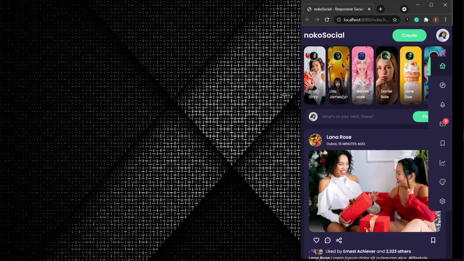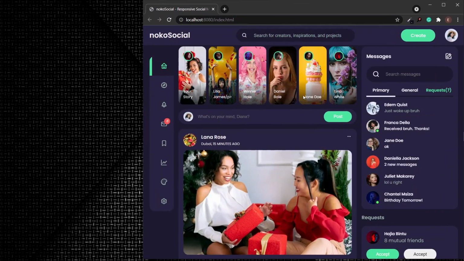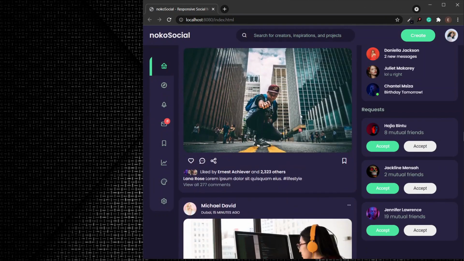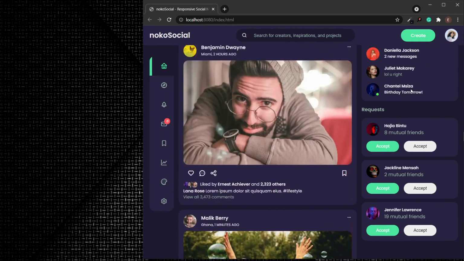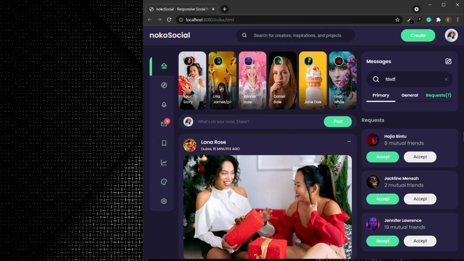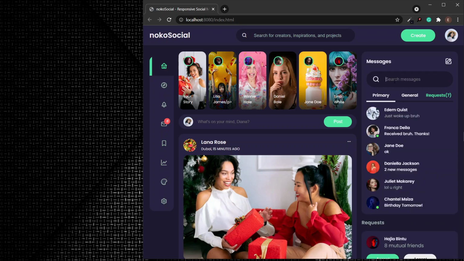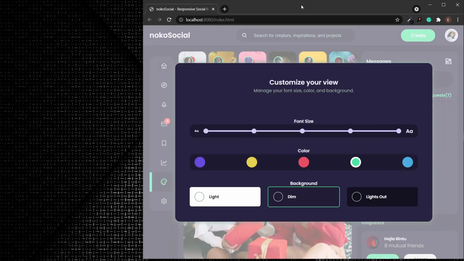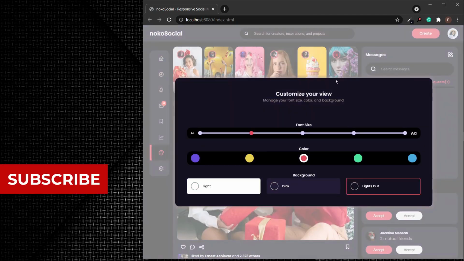and then on tablets, this is how it's going to look on tablets. Okay, let's say iPad Pro and all that. Okay, so this is how it's going to look. We can still search our messages. We can customize our theme, and you see everything still looks great. Okay, we can change our font size and all that. All right,